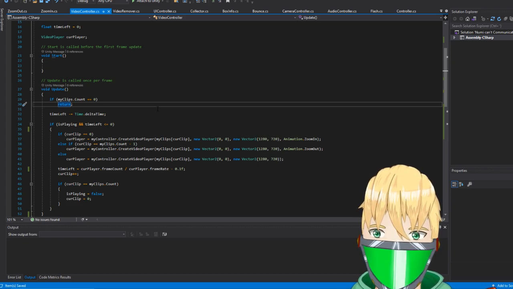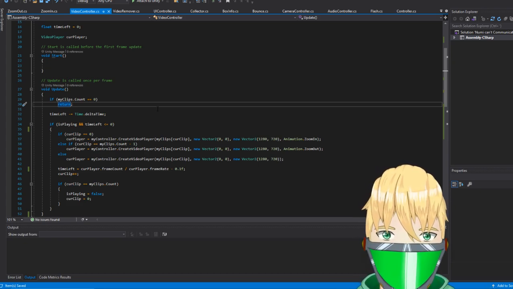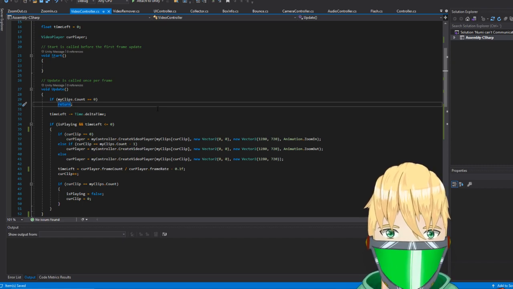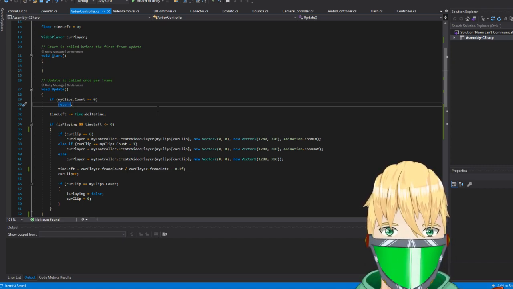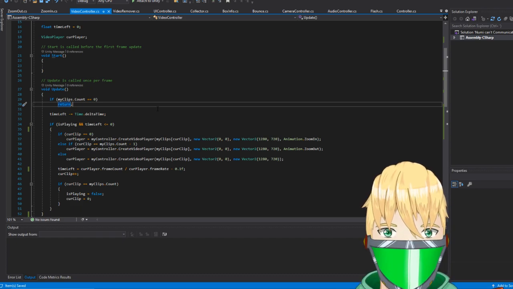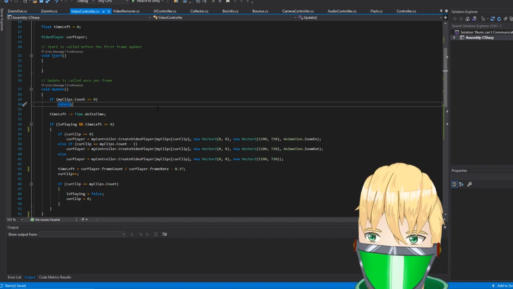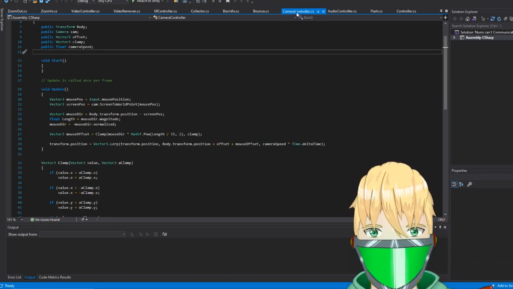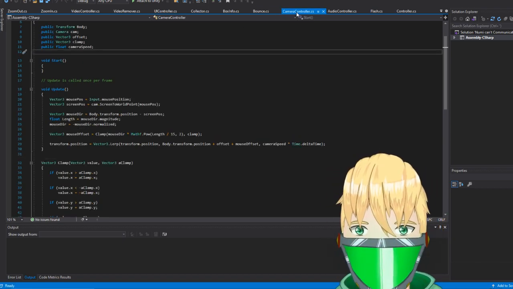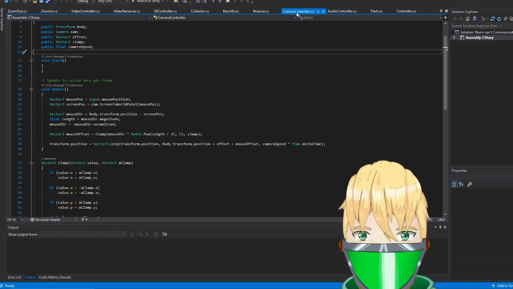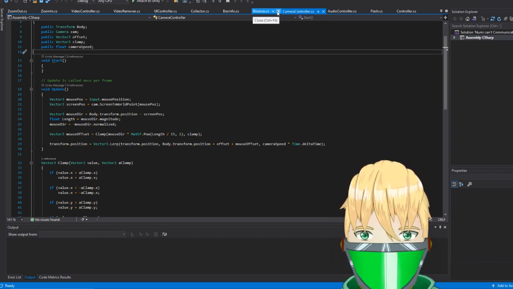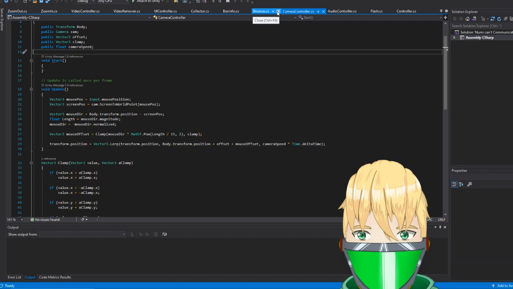I feel like freezing the camera is most likely the easiest way. I don't really care about the character that much. Freezing the camera would at least not give you motion sickness. It's a little weird when the game is moving in the background while playing the video. I want the focus to be on the video, and therefore the camera should stop moving.